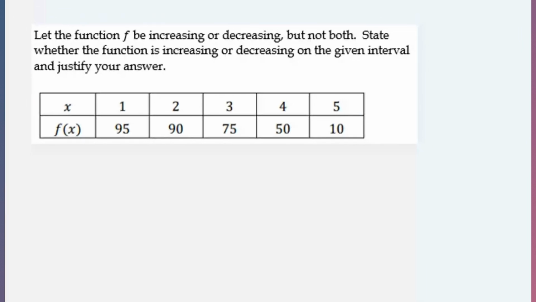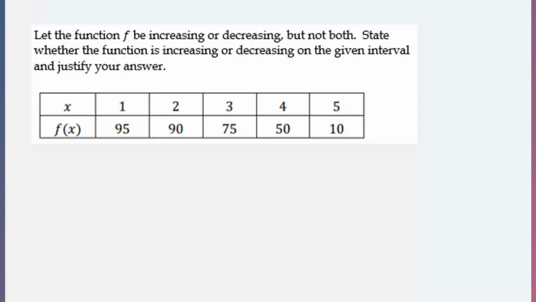Today we're going to be going over an example using change in tandem. So remember, change in tandem describes how two different variables change together. We're going to be looking at an example with a table that's describing a function. Our function f is either increasing or decreasing, but not both, and we're going to look over